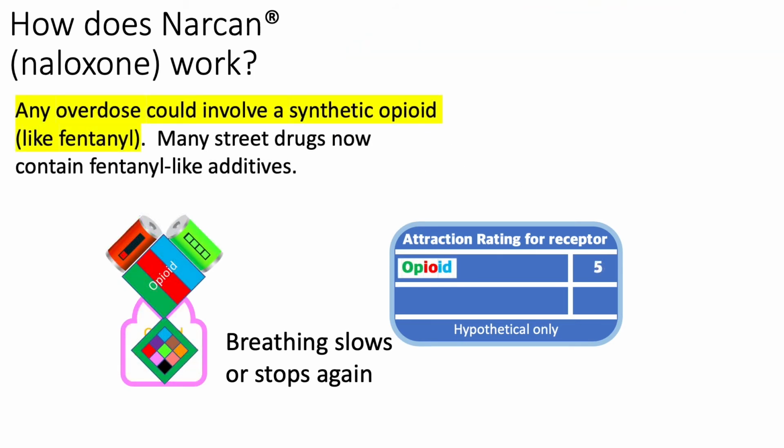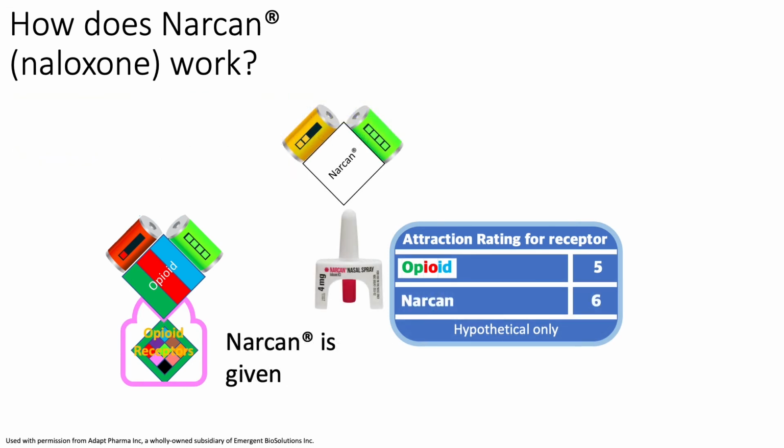Many illicit or street drugs contain synthetic opioids like fentanyl, or drugs that are chemically similar to fentanyl called fentanyl analogs. Because a variety of drugs may be combined with fentanyl or fentanyl analogs, even the user may not know what is being used. Understand that we simplified this discussion to talk about only one neural pathway, the respiratory pathway controlling breathing, but actually, all the neural pathways that have opioid receptors are affected by opioids and by Narcan.